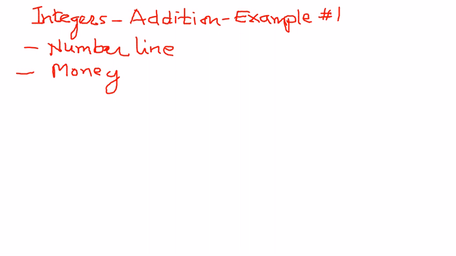So let us start with an example. We want to add these two numbers: 5 plus 3. If I call the number line method A and money method B, then using the number line method,